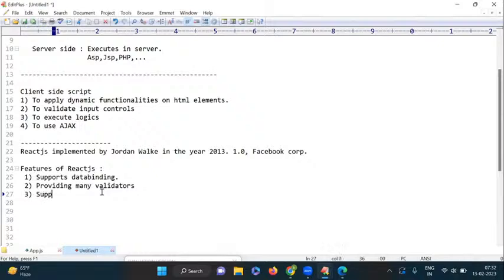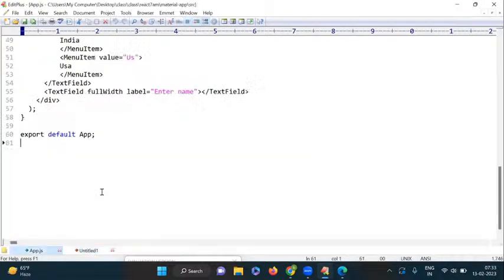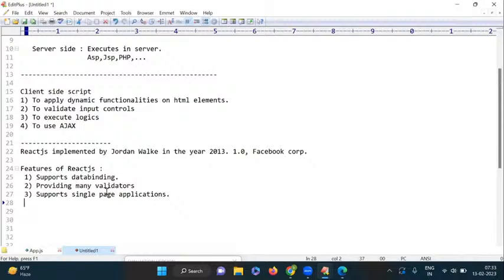Next one here, supports single page applications. Yes. The next advantage is that React supports single page applications. What is a single page application? What are the advantages of a single page application? It is a very important and very popular concept. I will just give you a simple overview. Now here,